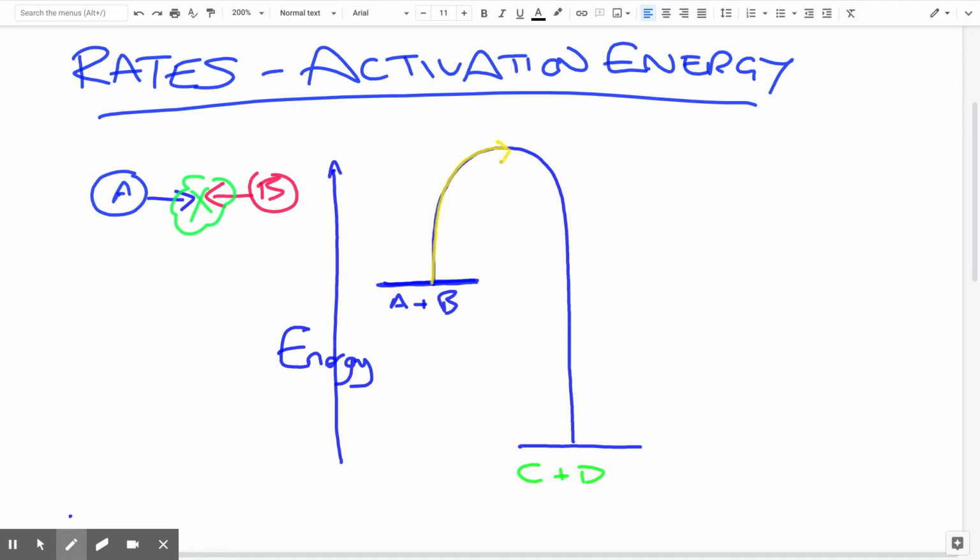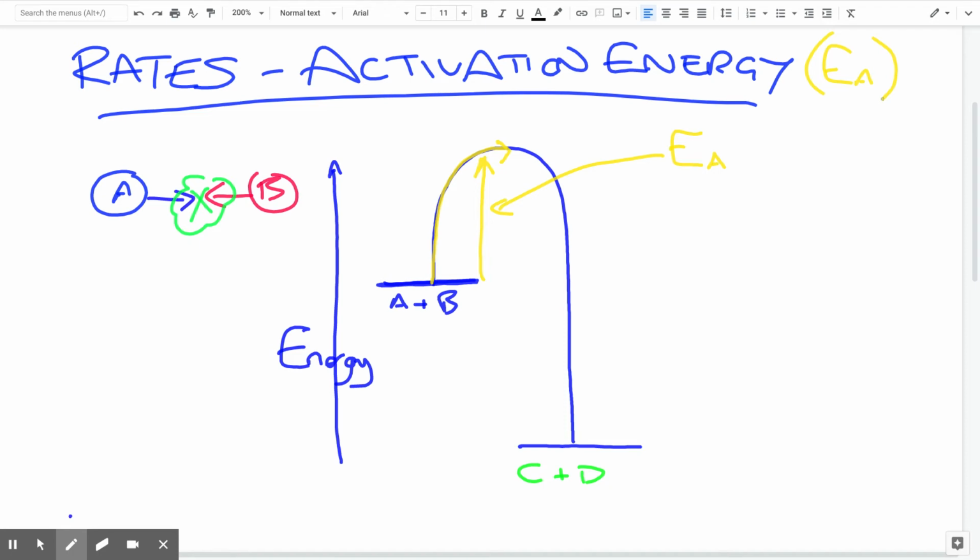They have to collide with a certain amount of, say, excess energy than what they would ordinarily have if they were just by themselves. And they have to have this minimum amount of energy. And this minimum amount of energy is something called the activation energy. And as we say, it is the minimum amount of energy required for a successful collision to occur. So lots of collisions have been occurring. We change concentration, we change pressures, we change surface area, etc., etc. We change the number of collisions. Not all of those collisions